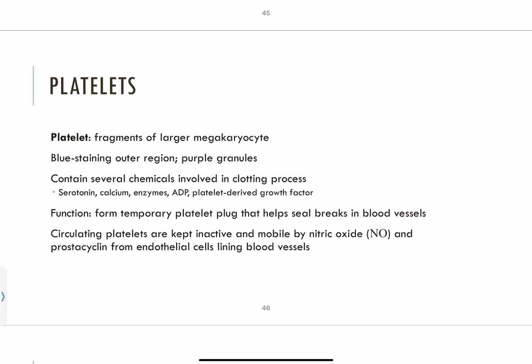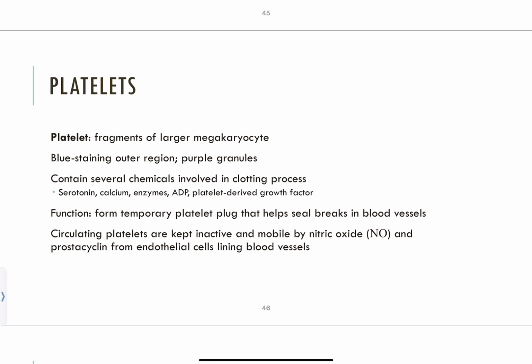So some of these chemicals include serotonin, calcium, enzymes, ADP, and PDGF, or platelet-derived growth factor. And these chemicals are really important in the clotting process, as you can imagine, because that's one of the functions of platelets, is to form a platelet plug and cause coagulation. So we have platelets circulating in our bloodstream constantly. We don't want them to start forming a platelet plug or inducing blood clotting unless we have some sort of